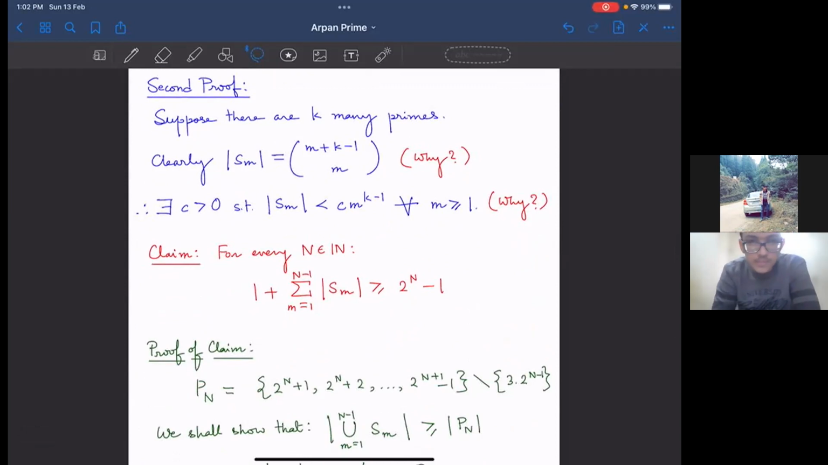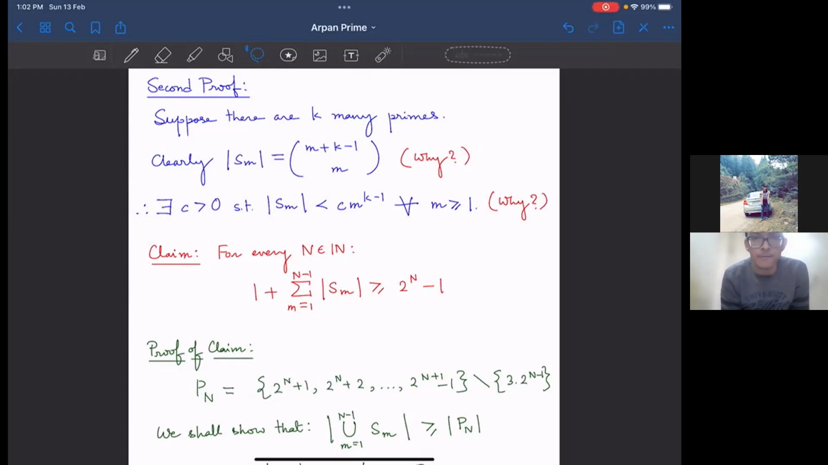Okay, so suppose there are k many primes. Again, we start with the finite assumption. Then clearly the cardinality of Sm is m plus k minus 1 choose m. So the author uses the word clearly, but I think you should try to figure this out. Why? Because I'll give you a hint. This expression, this m plus k minus 1 choose m, you might have seen in